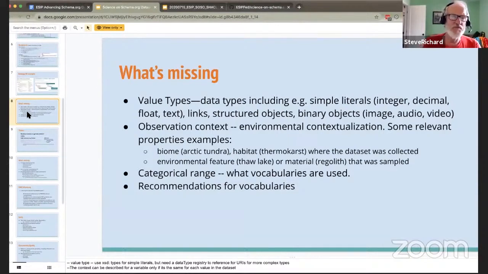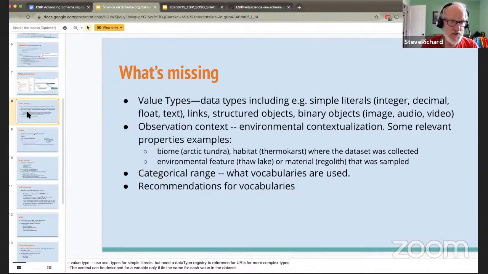So we'd like to finish off with some pointers to things that we think are missing in the current variable measured property value content that you can do in schema.org and that are recommended in the current Science on Schema.org guidelines. One thing would be a property that tells you what kind of values are contained in a given variable. It could be a simple literal, whether it's integer, decimal, float, or text.